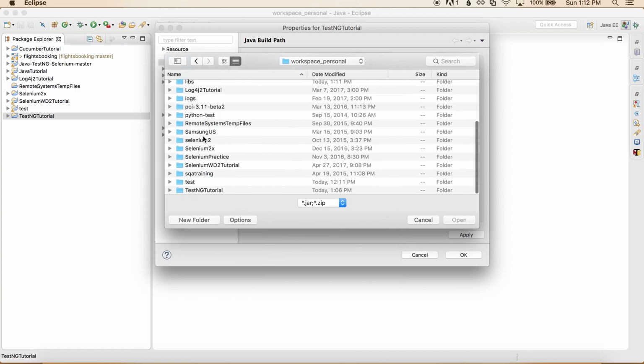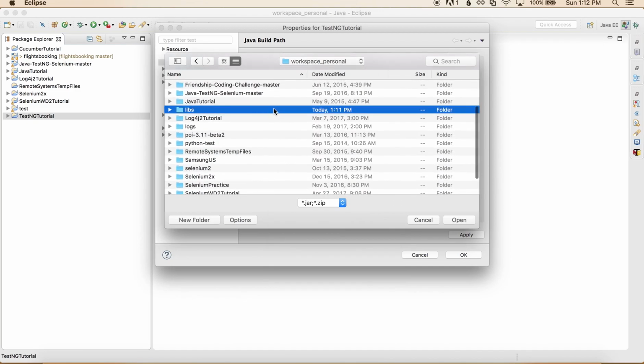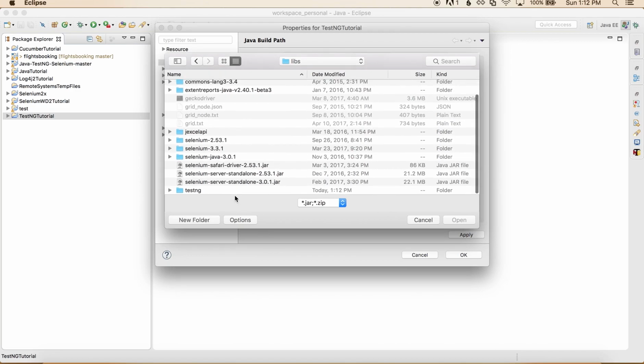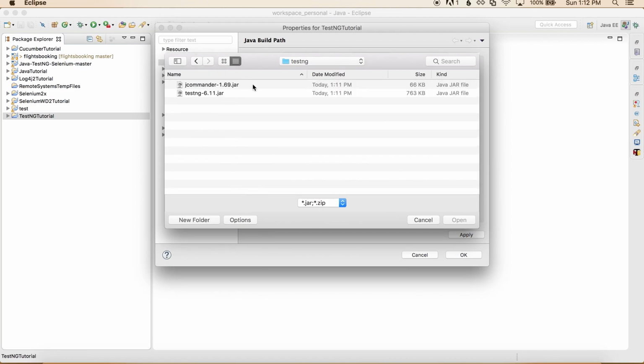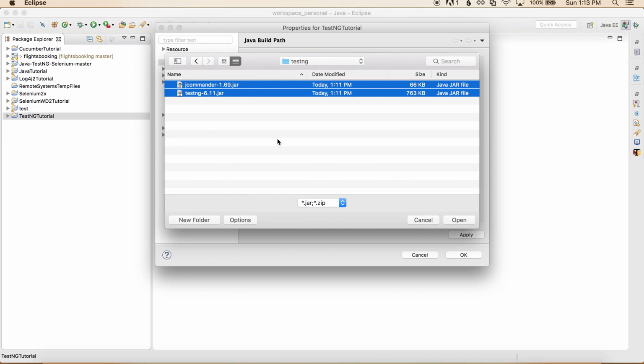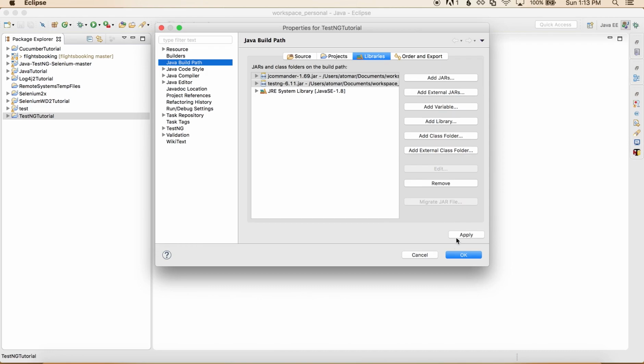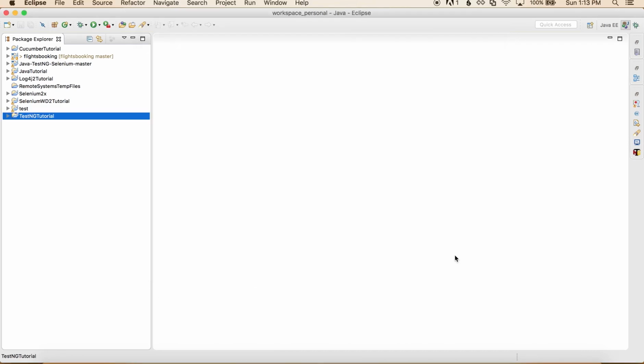So from workspace personal, I'll go to the libs folder, and under that I created a TestNG folder. Inside it there are these two files. I'm gonna select both of them at one time and click open, then click apply, and then click OK. So now I have TestNG in my class path.